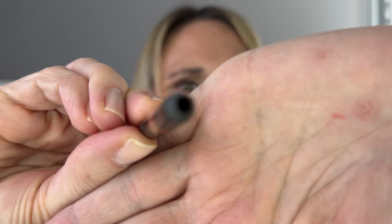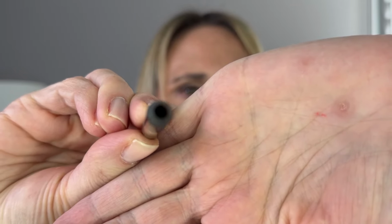And then last, I have a little bitty lip liner here. This is the Chanel lip liner in shade Nude Brune. This is a beautiful lip liner. Absolutely beautiful. My problem with it, and if you can see, it fell out. So I still had a little bit left and it just fell out,